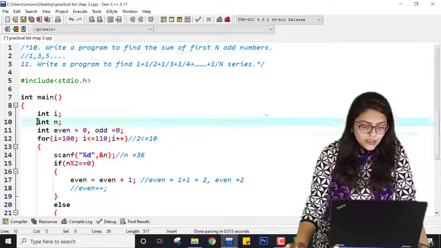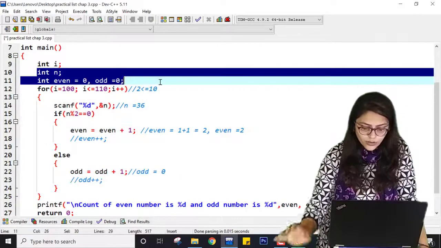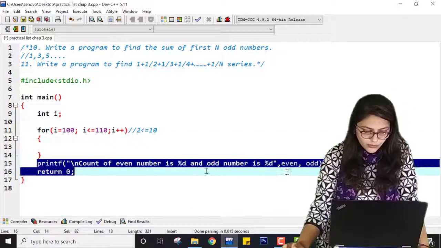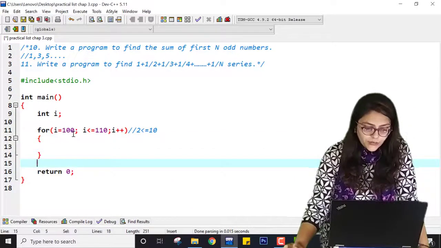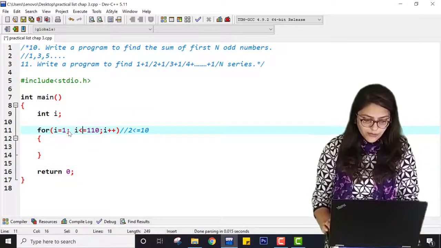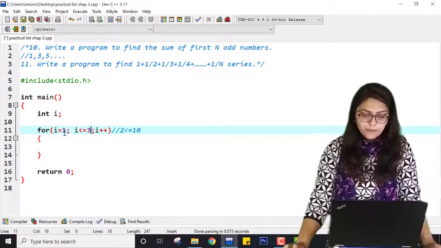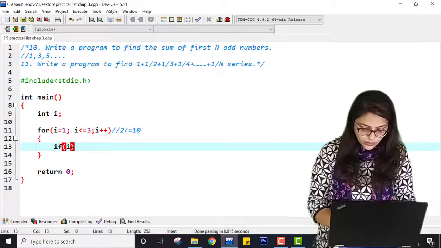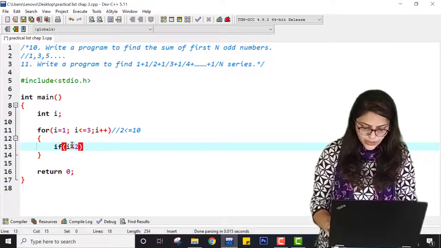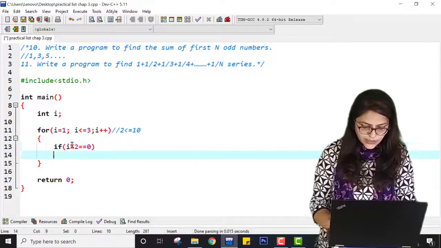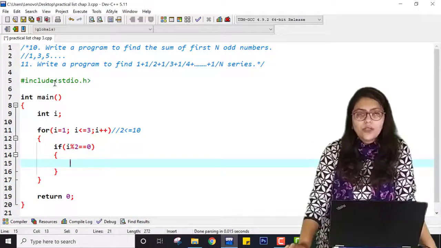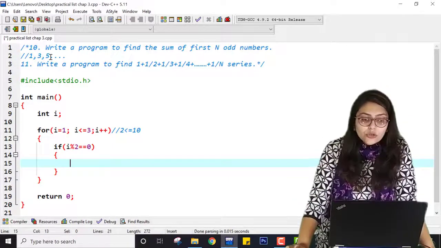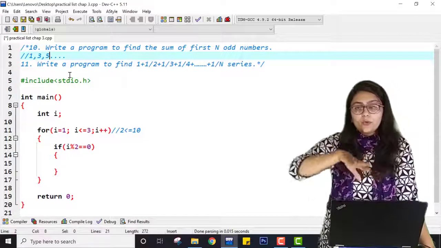So let me just erase everything. Here, if I am doing three numbers, if I am doing something as 1, 2, 3 and just doing something like i modulo 2 equal to 0, then the value of i will be from 1, 2 and 3 only. But I know that the first 3 odd numbers include 5 also. So the range actually is going from 1 to 2n.